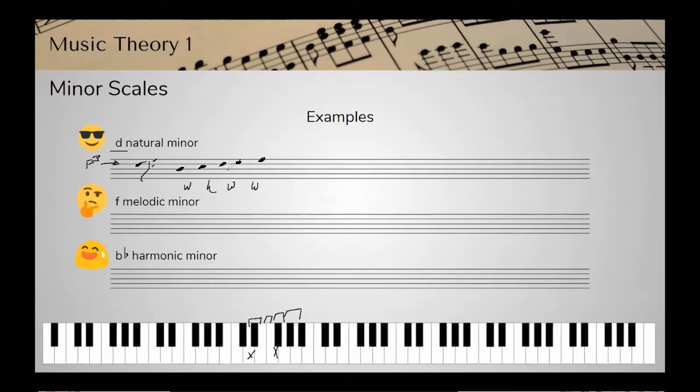Okay, now we know that the next interval for natural minor should be a half step. And so we need a note that is a half step up from A. So you might think, well, a half step up from A is going to be an A sharp. Because that's that note right there, right? And that is A sharp. But